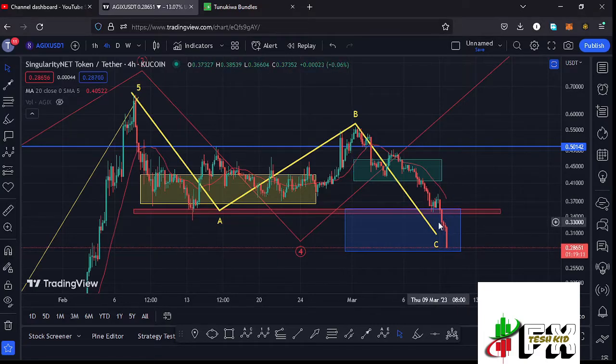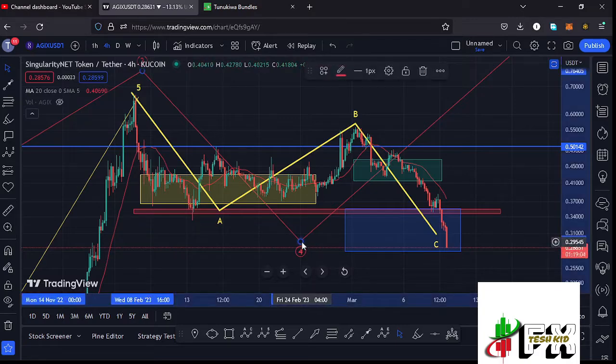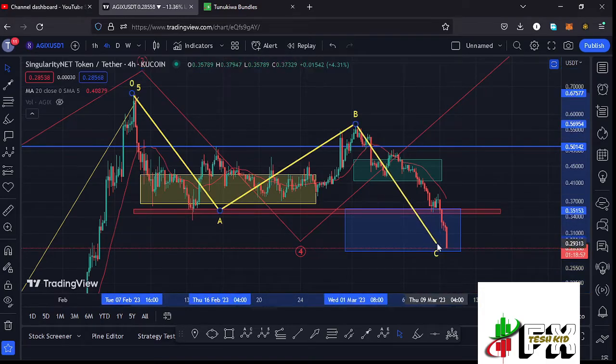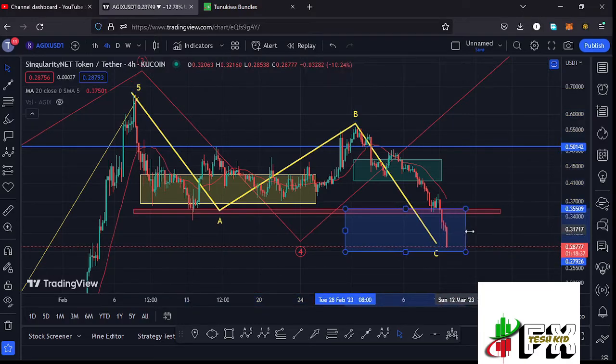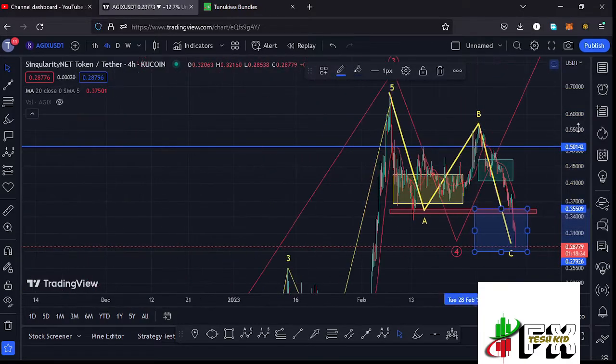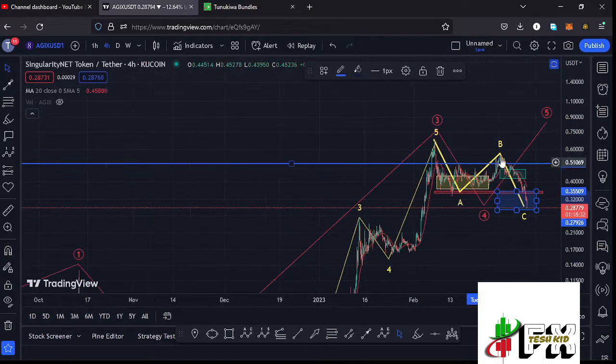We have also continued to obey the Elliot structures, where I still believe that whatever we are seeing over here is the formation of this higher Elliot count 4, which is a corrective wave, and that's the reason why we are seeing this ABC corrective structure, where I'm expecting the wave C to fully maximize our blue target area down here in the formation of this wave 4, and also give us the low for that fourth wave to the lower side. And this target area lies between the fib level 0.5 and the fib level 0.618, which at the time of this recording we are just about to fully maximize. And before I get further into the technical analysis and also give you my next price